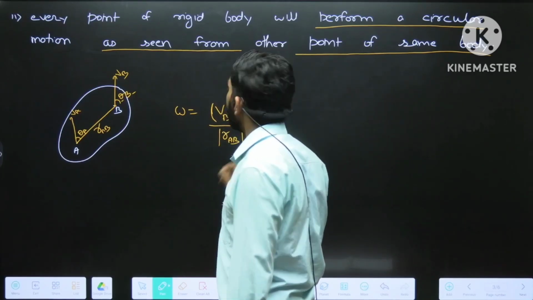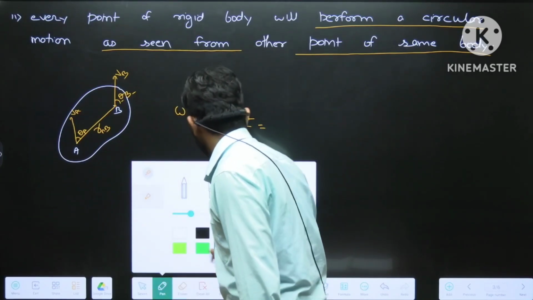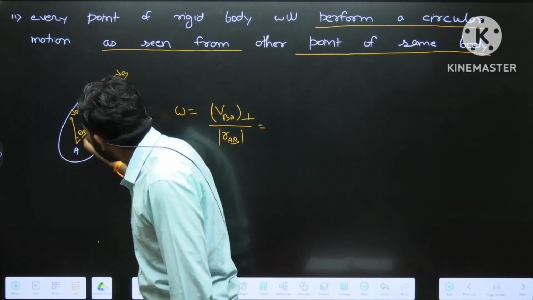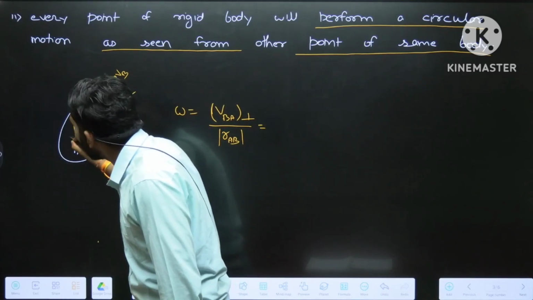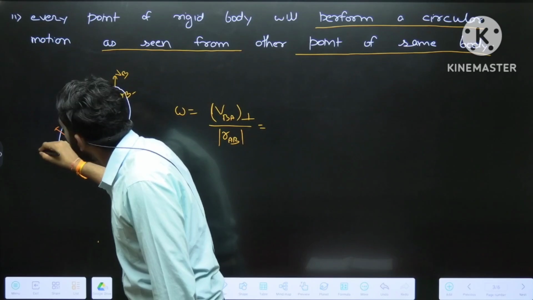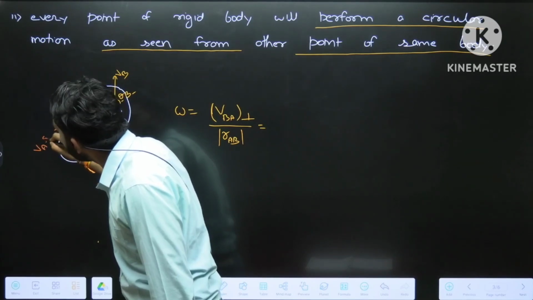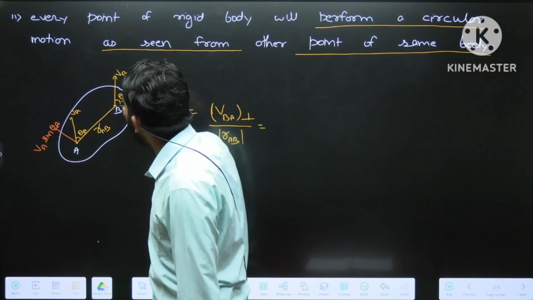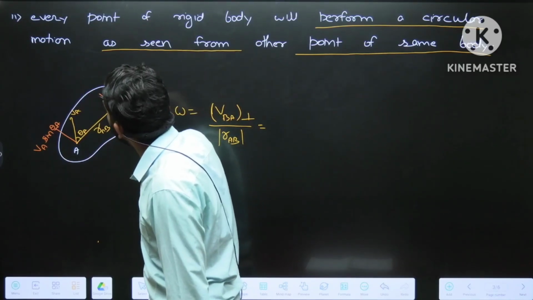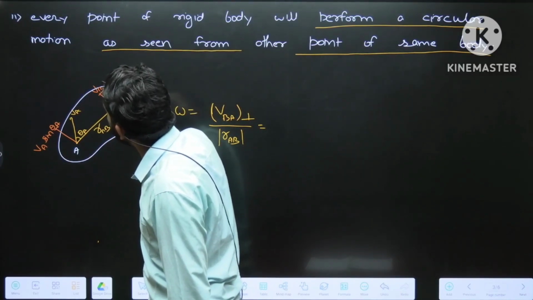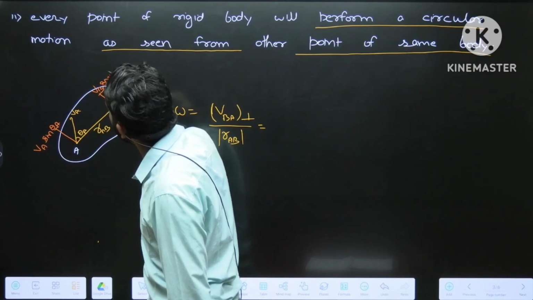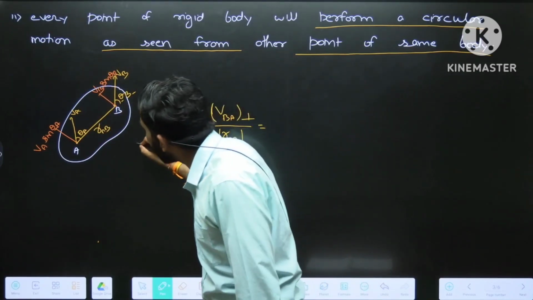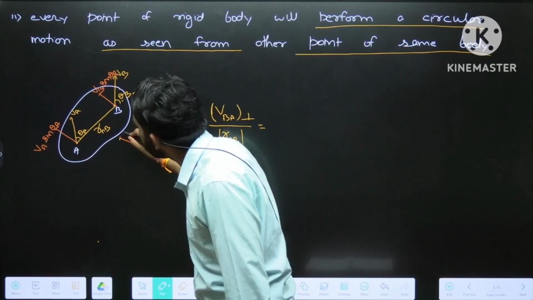So what will it be? If we talk about the perpendicular distance, let us take the perpendicular component of velocity. This is VA sin theta A for the point A, and this will be VB sin theta B for B. So from here, if you are taking this one direction as the plus,